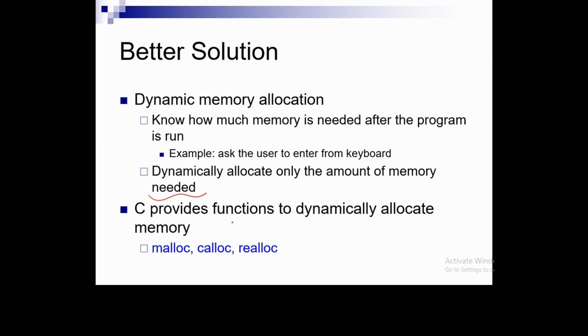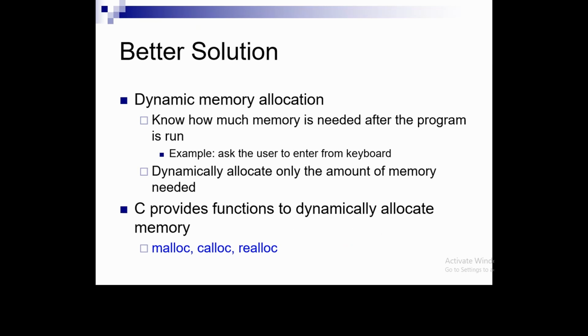So C provides functions. So rather than declaring the array statically, just create the array dynamically for better utilization of the memory space, and for removing the problem related to the size of the array at the runtime. Okay, so we will use the names like runtime or the execution time parallelly, both are the same. So C provides some functions to dynamically allocate the memory. We have these functions malloc, calloc, and realloc, and the last one is the free function that is used for freeing the memory. Okay,